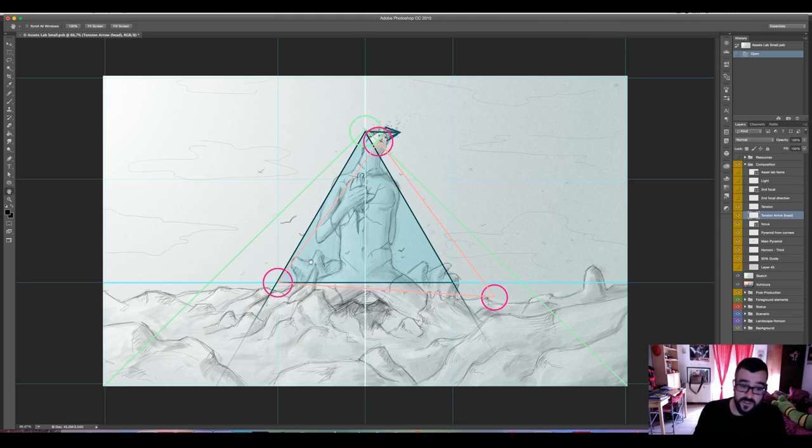The first one, which will be the anchor point, will be in this intersection of the rule of thirds, exactly in this intersection. The second one will be where the heart will be, which will be our focal point, and the third one will be farther away from this intersection of the rule of thirds. This will make our composition fall to the right.